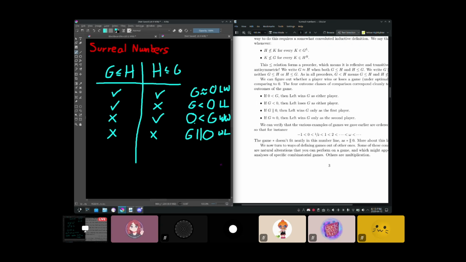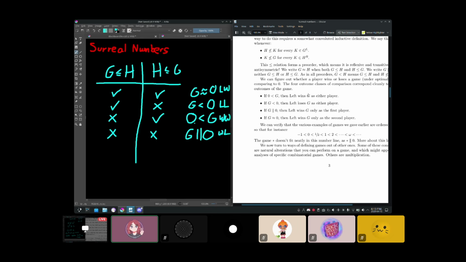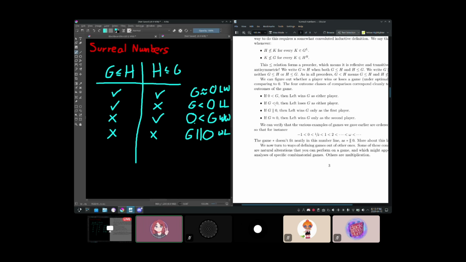I'm not going to go over the proofs, but these are kind of definitional. Basically, if you expand out this definition and substitute 0, it gets simplified because 0 doesn't have any left or right moves. And so you can build a winning strategy from that. But I think this is already getting pretty long, so I probably shouldn't go through all of the details. What we can instead do is verify that the games that we had built earlier do fit into this framework.